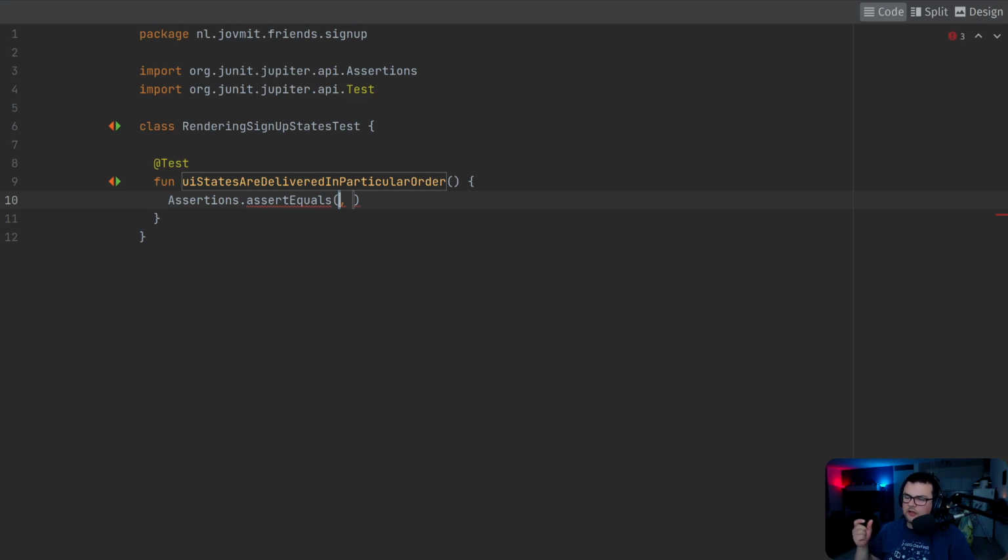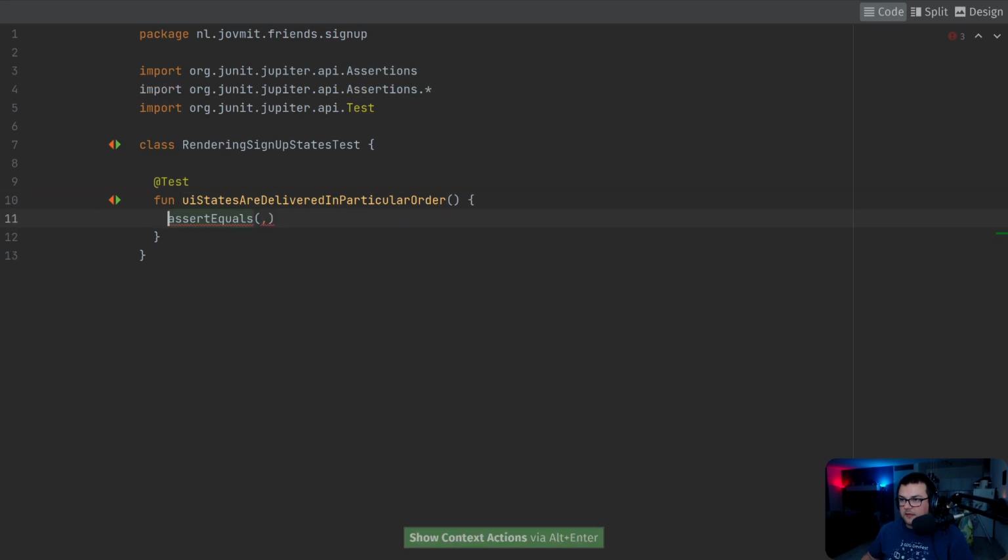So I want to make sure that the UI, the controller, whoever is the rendering mechanism, is receiving first a state that will represent some sort of loading, let's say the loading spinner, and then when we have the results from the backend, we are going to show that other state as well. I'll represent them in a list. So for example, there should be two states, let's say the loading and then the actual signed up, and the order should be something like